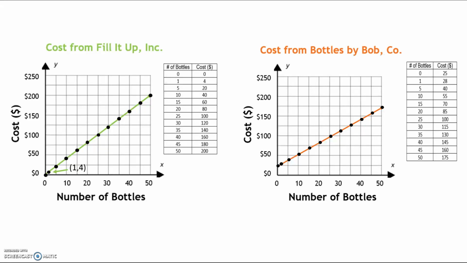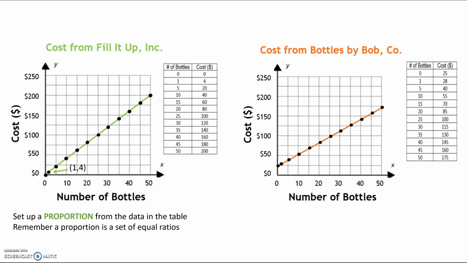So where's the proportionality? Let's find it in multiple ways. First, let's set up a proportion from the data in the table. Remember, a proportion is a set of equal ratios. We are going to compare the number of bottles to the cost using the data from the table for Fill It Up Inc. We can see in the table that one water bottle costs $4 and 5 water bottles cost $20. The data is proportional as the number of water bottles and costs are both scaled up by a factor